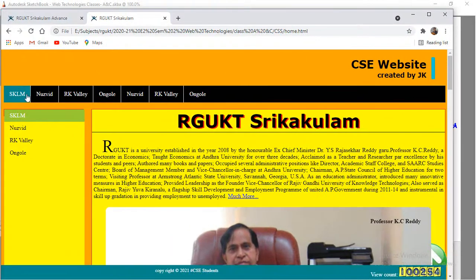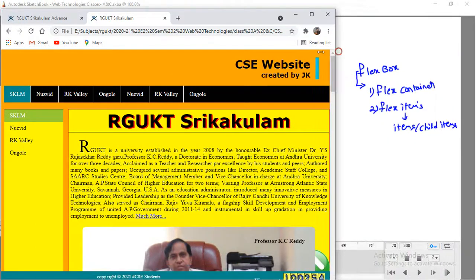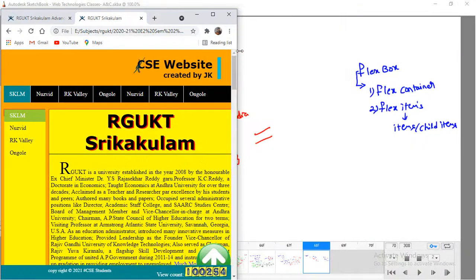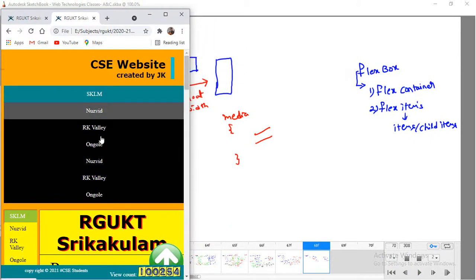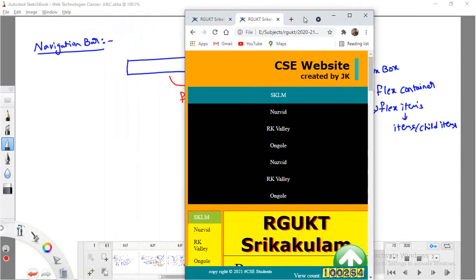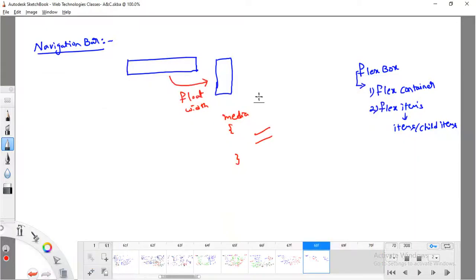This is a horizontal navigation bar, and this is a vertical navigation bar. Whenever I reduce the screen size, this horizontal navigation bar is converted to a vertical navigation bar. So this is what we did with the help of the float and width properties.